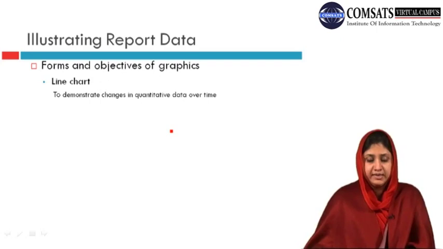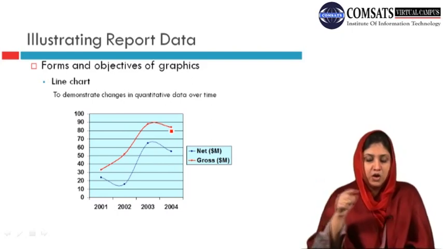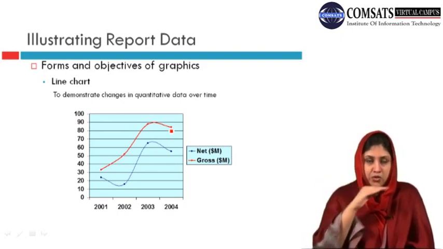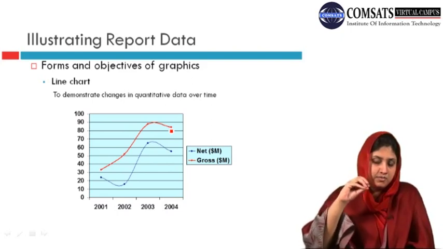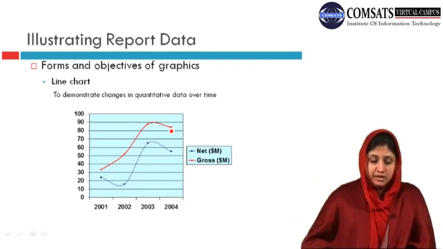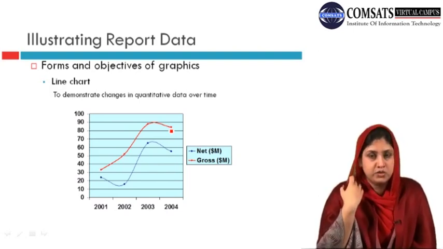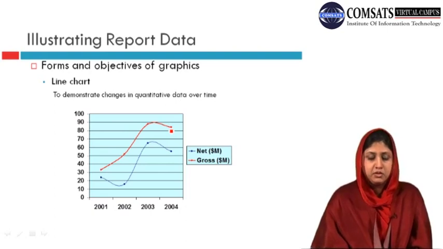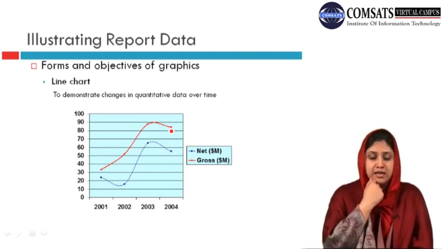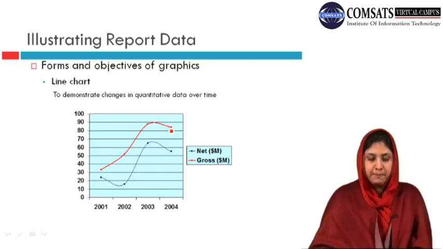So moving on, we will see what these line charts help us do. They demonstrate changes in quantitative data over time. Look at the curves and moves of these lines, and the line chart will tell you what trend the move is following, whether it's falling down or rising up. You remember we discussed the terminologies and vocabulary related to movements to read inside a chart. So whenever you are dealing with data from quantitative research, and you have to track changes and demonstrate them, you can go for a line chart.